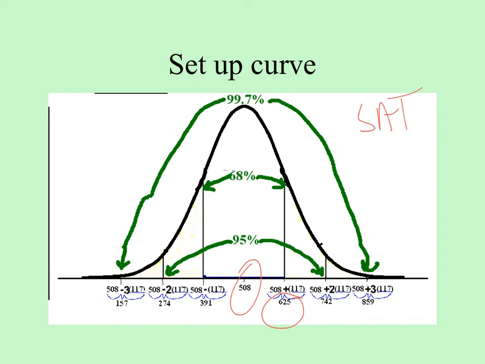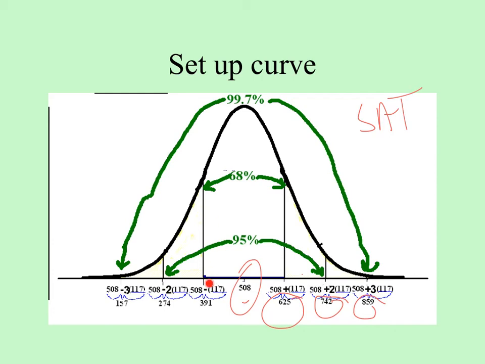So what I did to get each of these numbers, as you can kind of see, I added the standard deviation to 508, and that's where I got the 625. Then I added another standard deviation, another 117, to it. I could have gone back to 508 and doubled the 117 and added it, but it's easier just to keep adding the standard deviation. Then going down, I subtracted the standard deviation 3 times, and then I kind of drew in this little sketch here